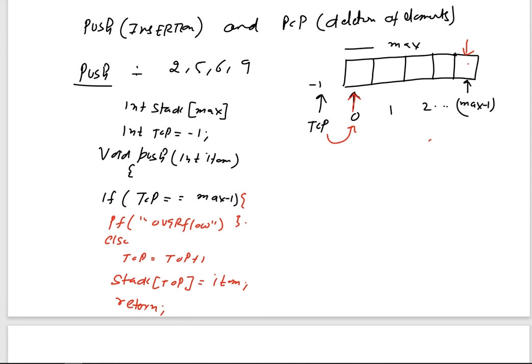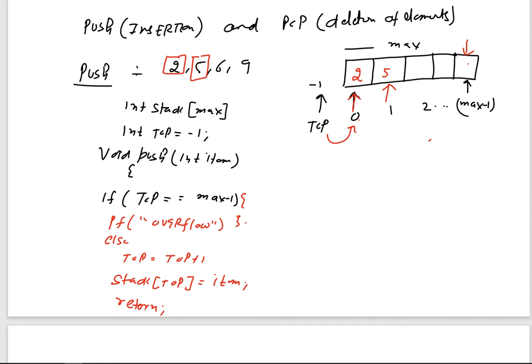Now if you see this, we have the first element, and top is equal to -1. We want to insert this element, let us suppose 2. Where will the 2 be inserted? The 2 will be inserted at this position. The second element is 5. Where is the position of top? Top is 0. So we are going to increment it by 1. Top position is now this one, so we can insert the 5.